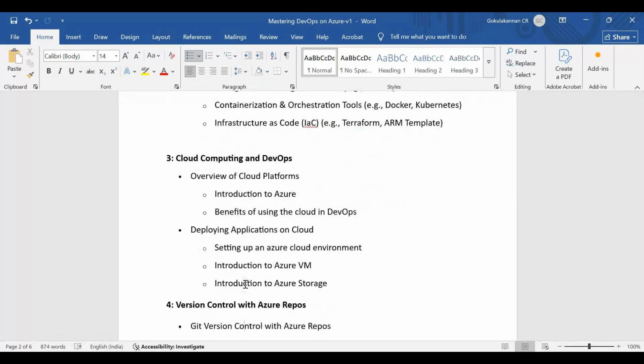Not only this, whatever I am covering in the basics of cloud concept is widely used in other cloud providers also. So you can use this knowledge if in future you get a chance to work in other clouds, not only Azure. There also you can use this concept, because I'm going to explain the concept which is common for all three famous cloud providers in the market. It's not going to stick only to Azure. In the first few sessions, it is a general concept about cloud. So that we'll be doing.